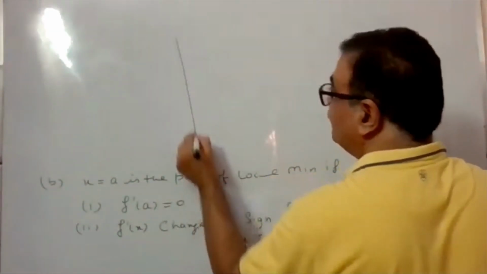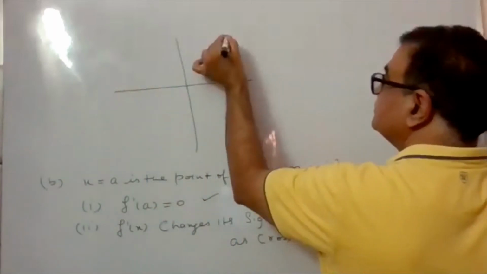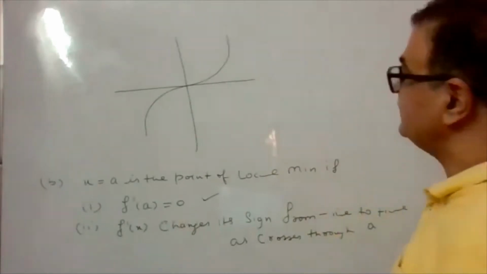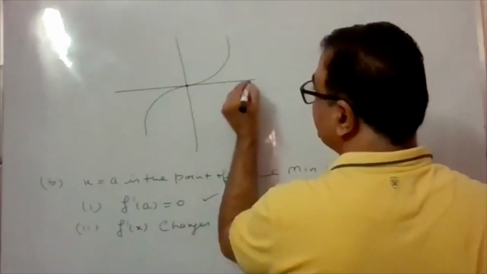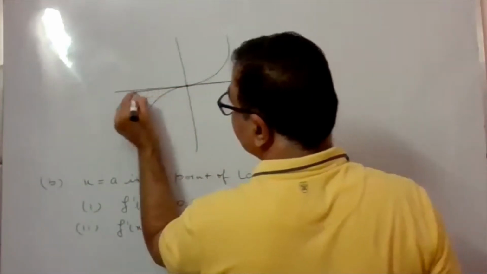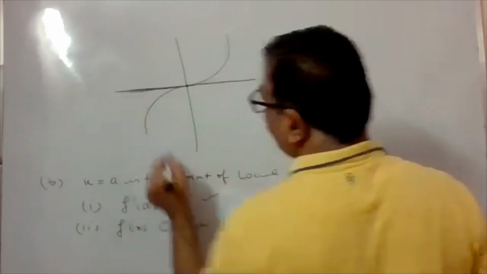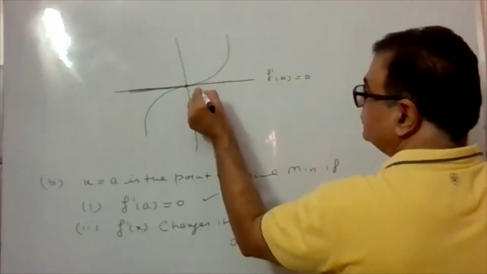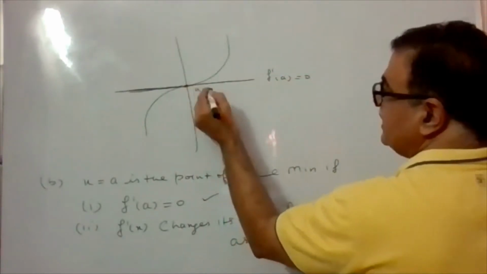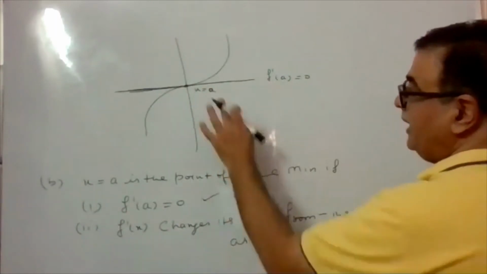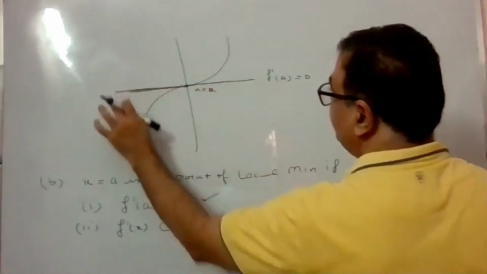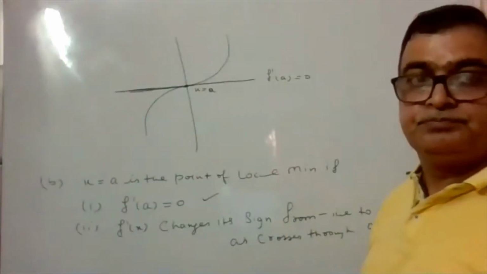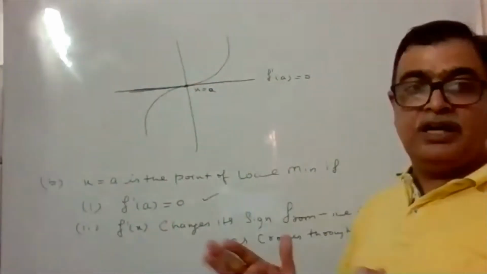If you have the curve like this, on this curve, if I take this point, here you will find that if you draw the tangent, f dash a comes out to be 0. This is x is equal to a. So x is equal to a is this point where you draw the tangent, and it comes out that f dash a is 0. But here what you are finding,